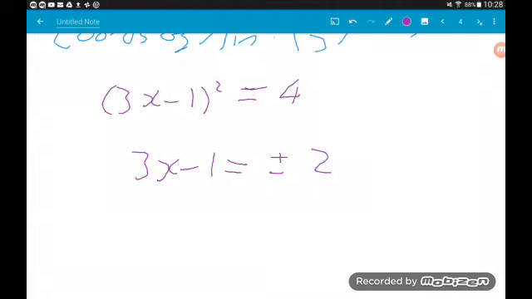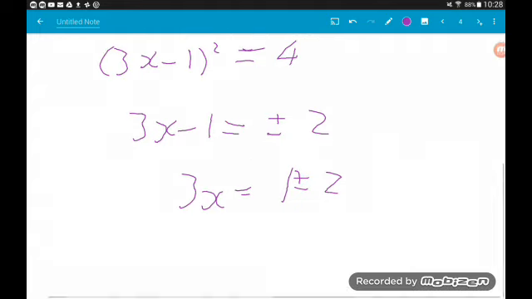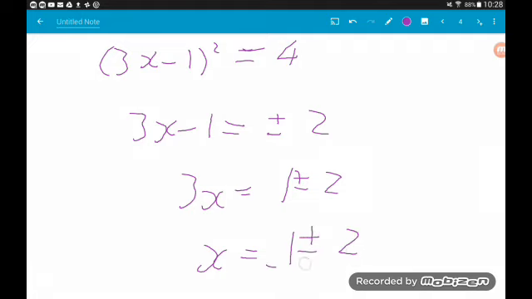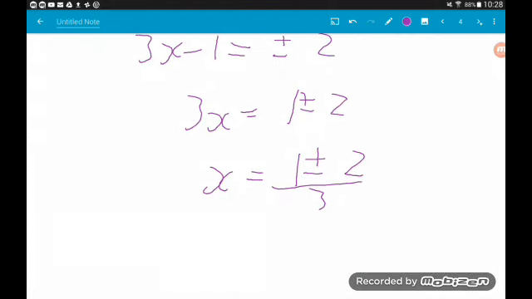If we then add the 1, 3x is equal to 1 plus or minus 2. And then dividing by 3, we get x is 1 plus or minus 2 all over 3. So we've then got 2 solutions. Let's call the first one x1,